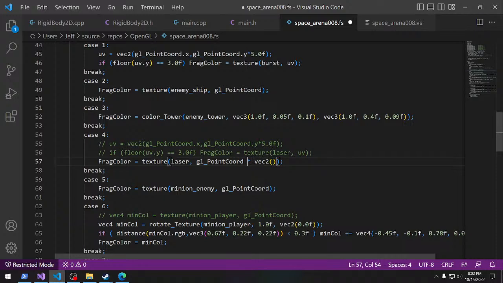Actually, we're gonna multiply by 0.3223, comma 1. The offset, vector 2, F-type